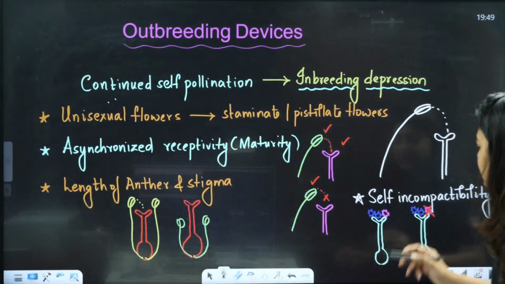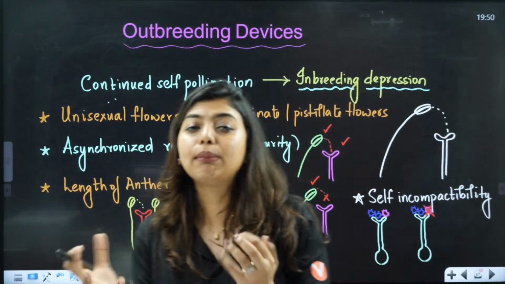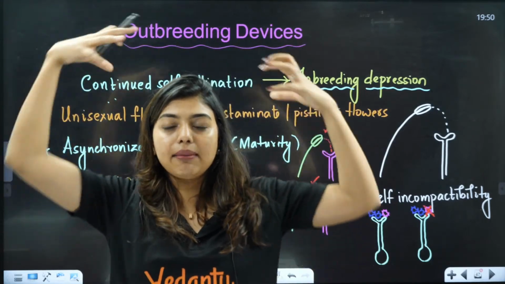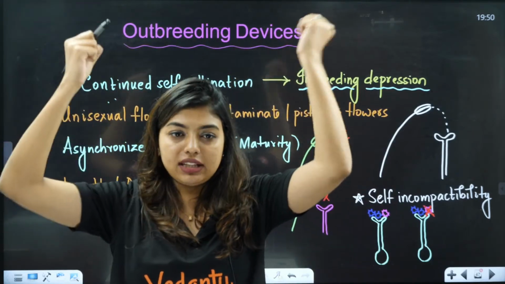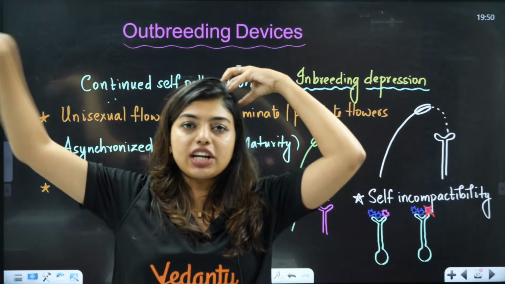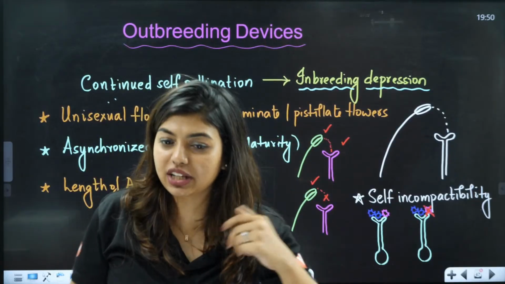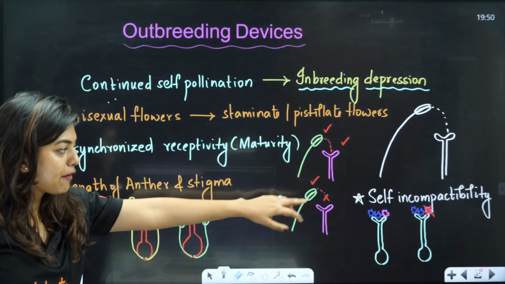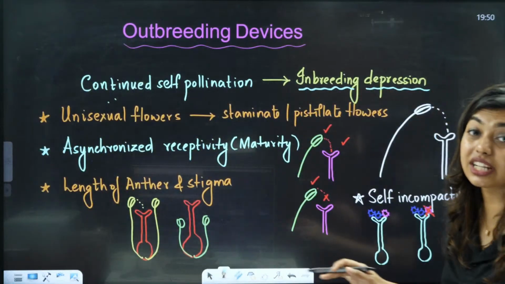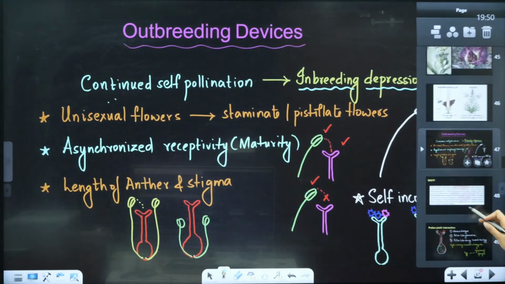Last one, students, self-incompatibility. The plant will be like, okay, if my own pollen grains come and fall, I will reject them. Let's say two pollen fall, this one is self pollen and this one is from somewhere else. The plant will be like, no, reject mine, only continue this. So this way, inbreeding depression can be avoided. Understood? Self-incompatibility means completely rejecting its own pollen. Understood or not? Yes?